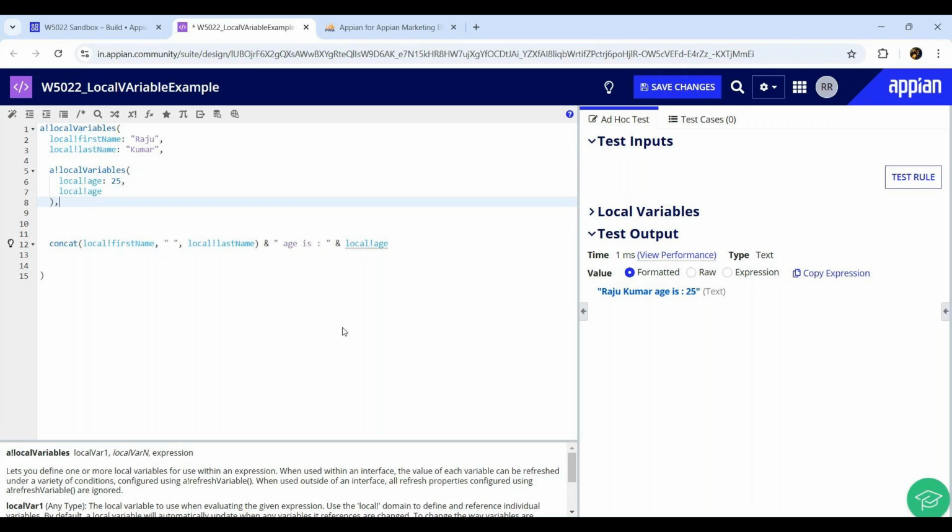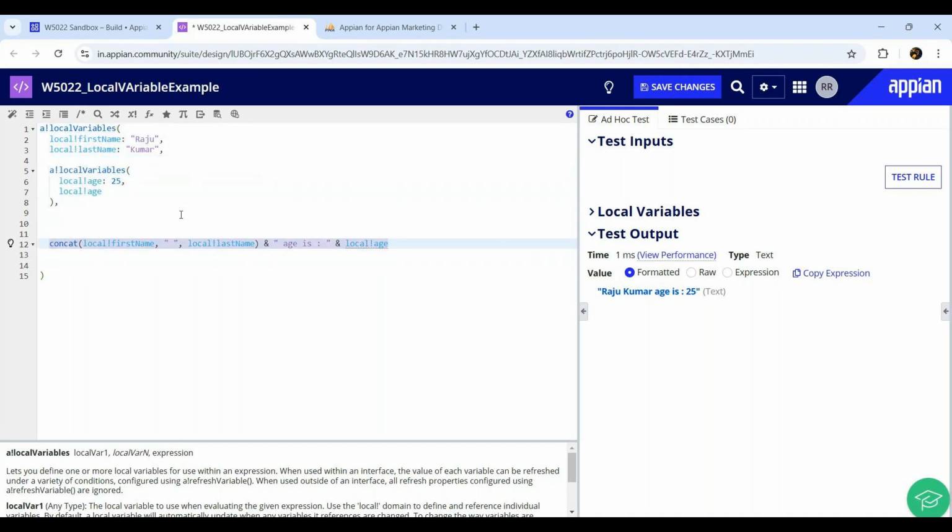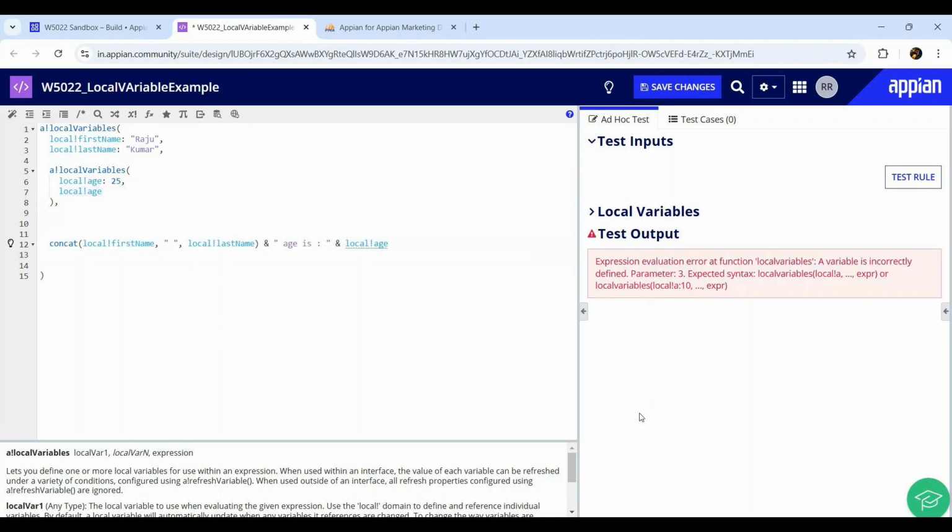Any guesses? So I have a local variable inside this local variable, and here I want to use everything. What do I get if I click on test rule? It will write age as 25 and,